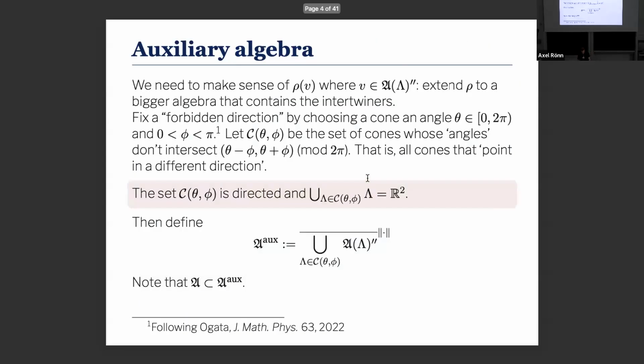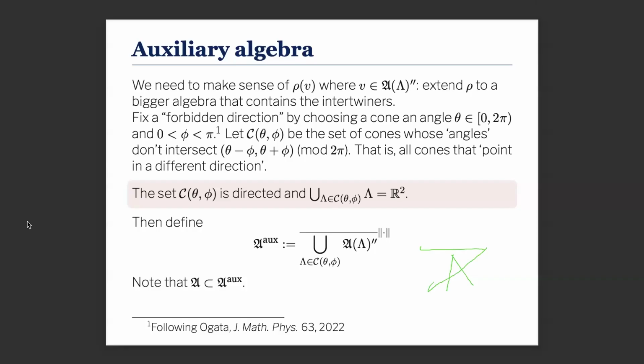I want to introduce a picture here. As I said, I am allowed to move the cones. So this is my forbidden cone. I hope you can see this. For example, a cone like this would be in a different direction. If you translate these things, you get